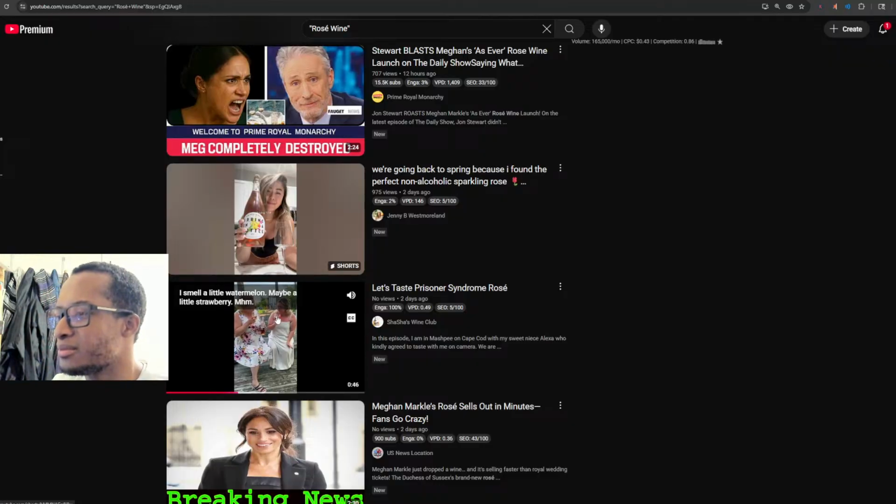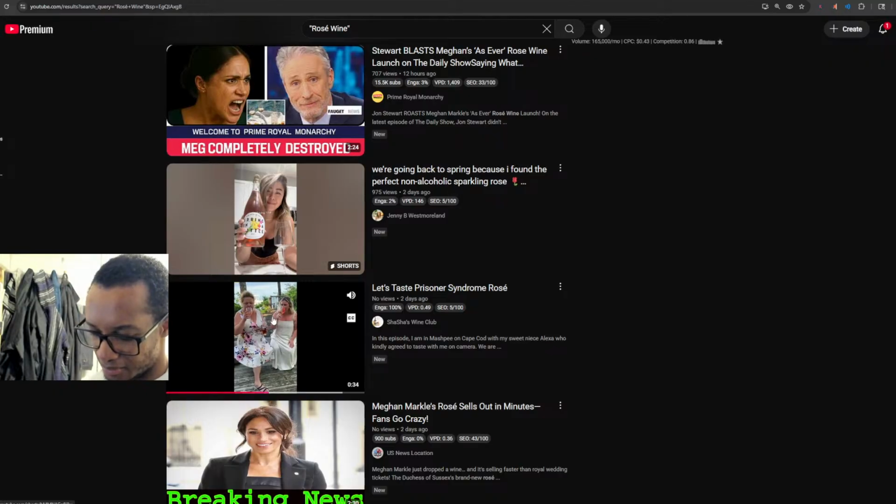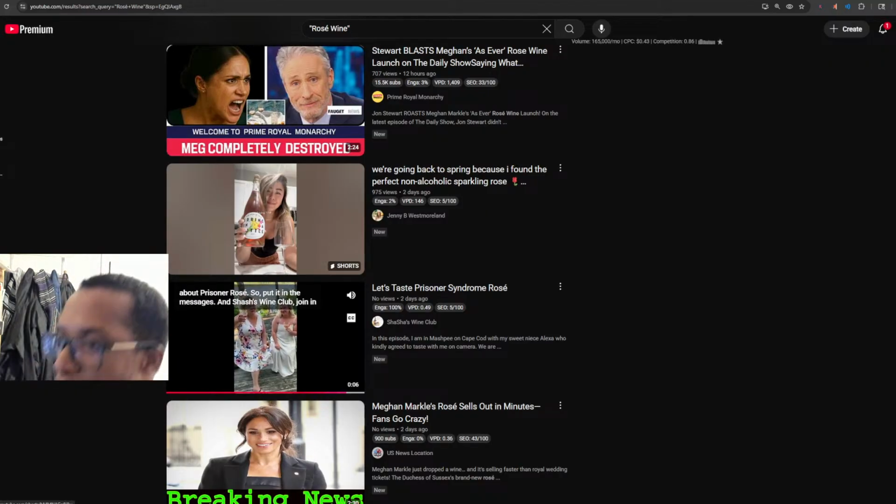I smell a little watermelon, maybe a little strawberry. Really fresh smelling. Give it a taste. Yeah, let's taste it. Wow, it's really full. Very strawberry. More full than I thought it was going to be. And yeah, the strawberry like really hits your mouth. Yeah, all around. Like it's a really full strawberry. Oh, it's really good. It's really good. Oh yeah, that is nice. So I just have ceviche and plus a little lime in it. But I think it's delicious. I think so too. Definitely good. So I'd love to know what you think about Prisoner Rosé. So put it in the